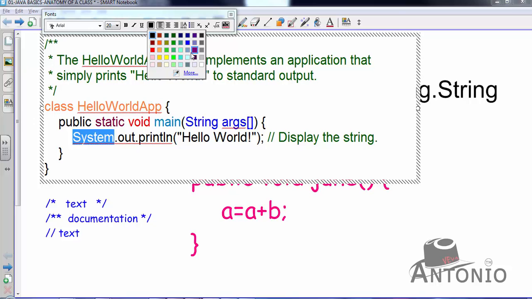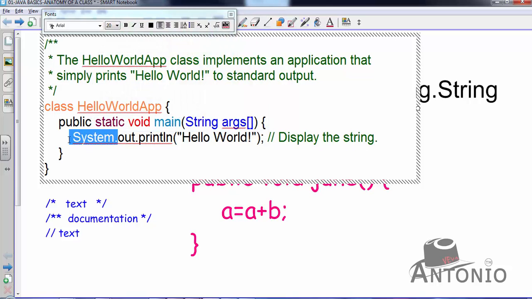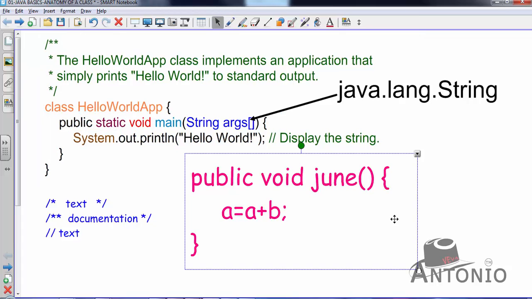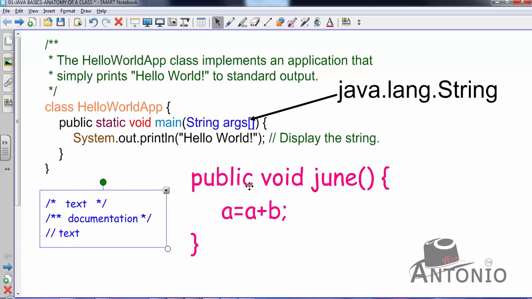I'm gonna change the color, I like, of course, maybe some other colors like this. Okay, what is system? System is a class in the java.lang package. I'm gonna draw an arrow so you can see it.